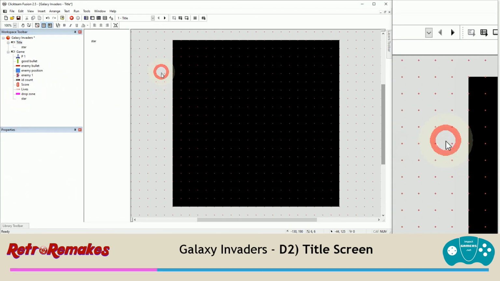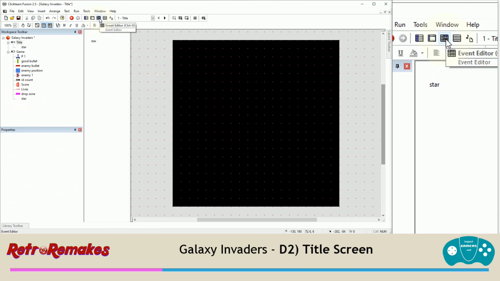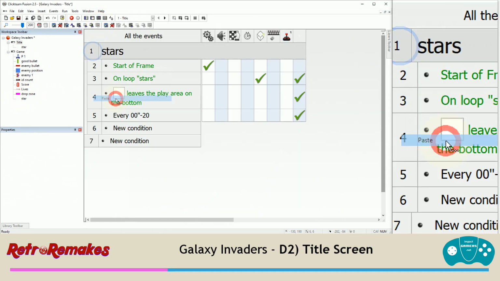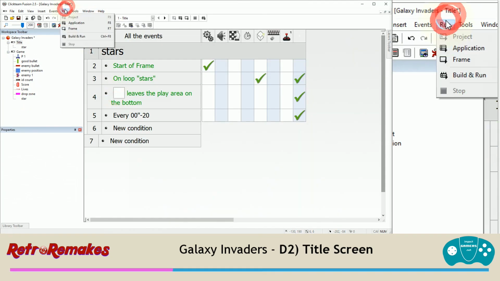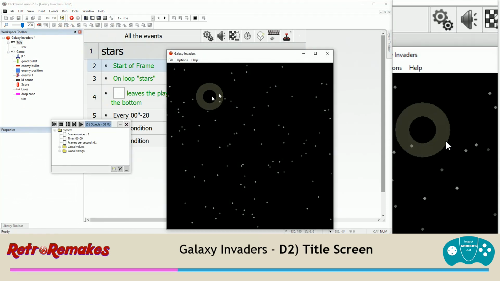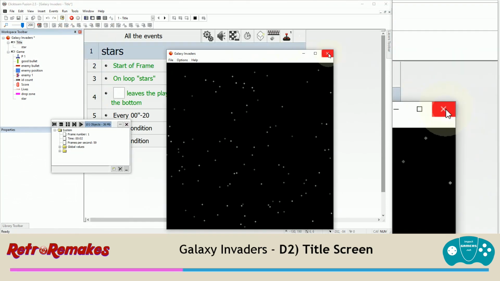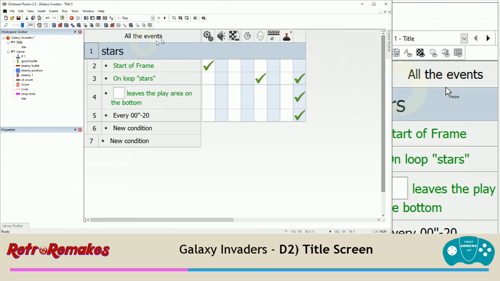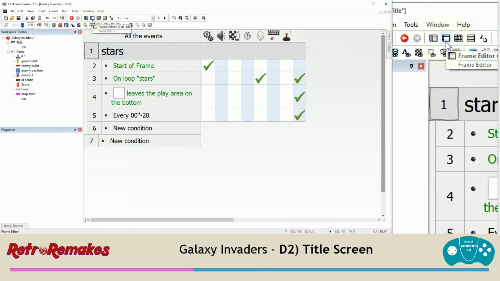I'm going to drag in one of the stars and I'm going to go to the event editor and I'm going to right click and paste so that when I run my application, I get the star effect at the beginning of my title screen. Now, if I go back to the frame editor,